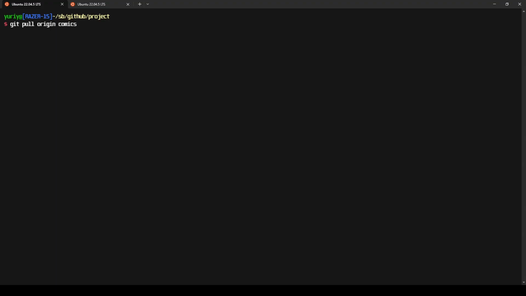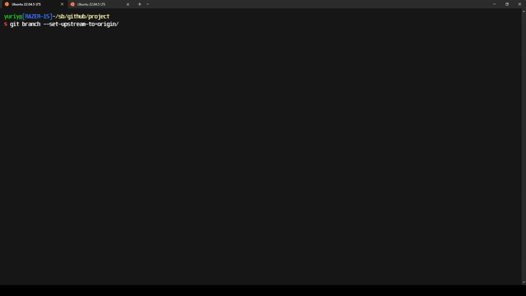That's if we just want to do git pull and not git pull origin comics, git pull origin comics, and so on and so forth. So we can do the following command, and there's a lot of them. Git branch, set upstream to, and we have to point it to which branch? Well, origin,